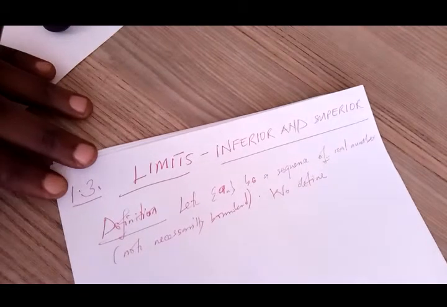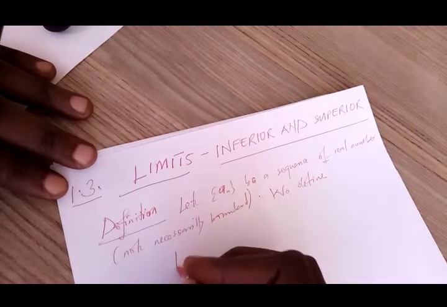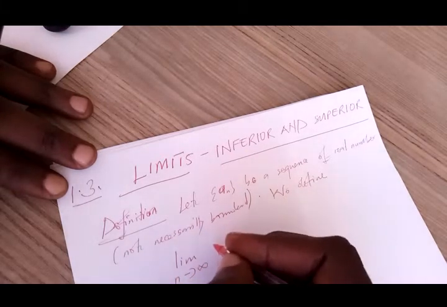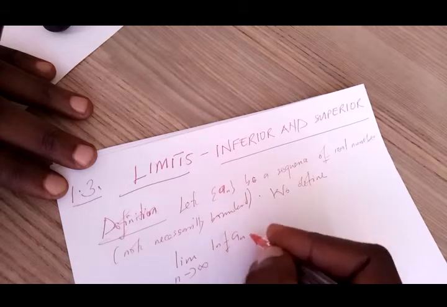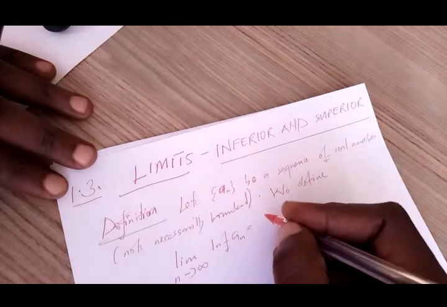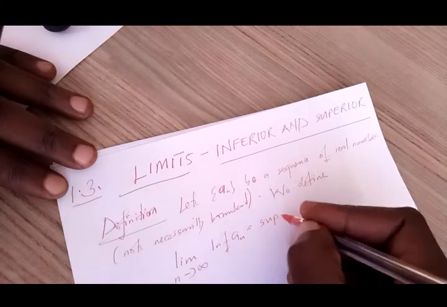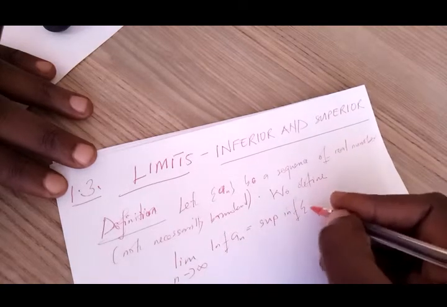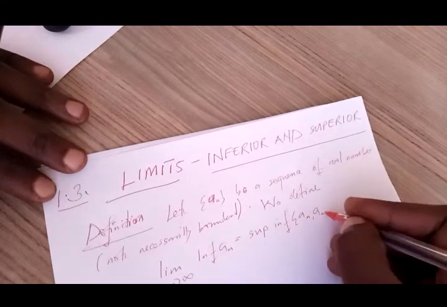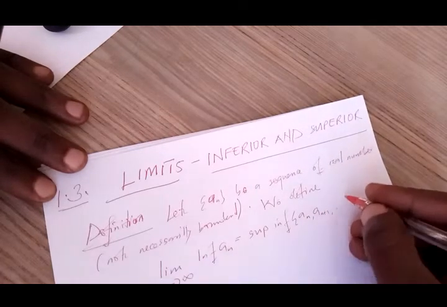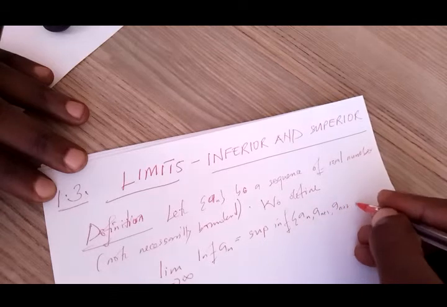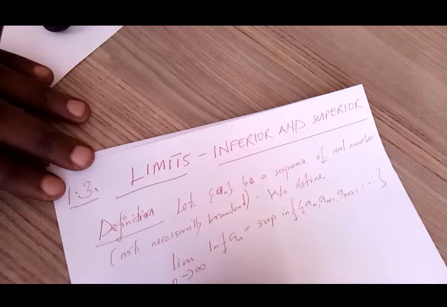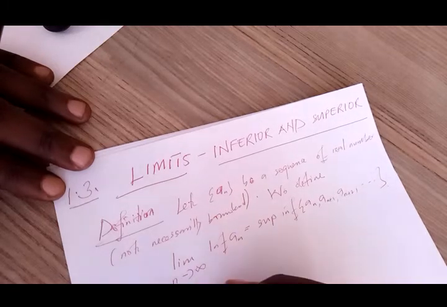So now we define the limit as the value of n approaches infinity of the infimum of an to be equal to the sup, which is the supremum of the infimum of an plus 1, and an plus 2, and then this goes on. Then the limit of the sup